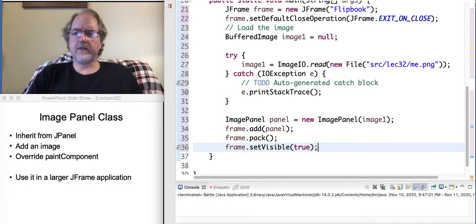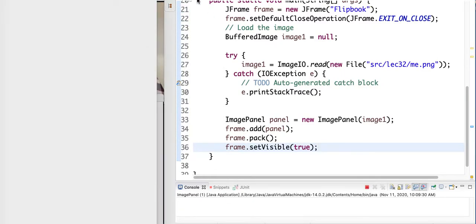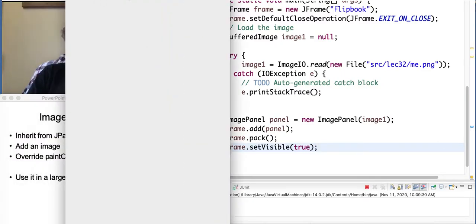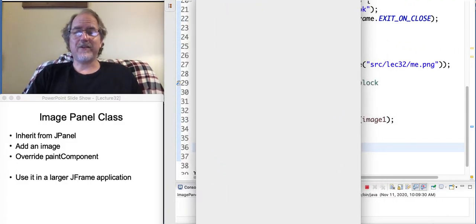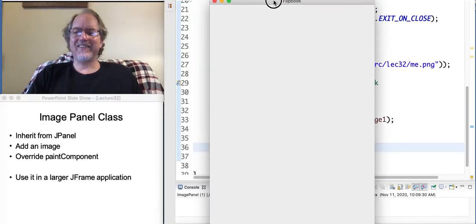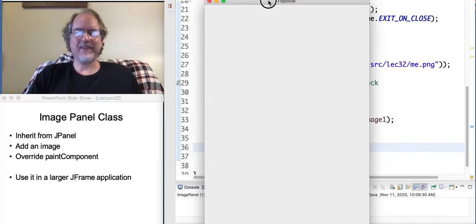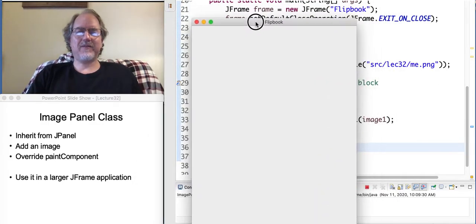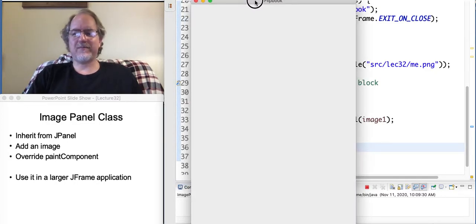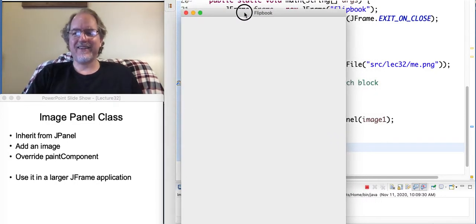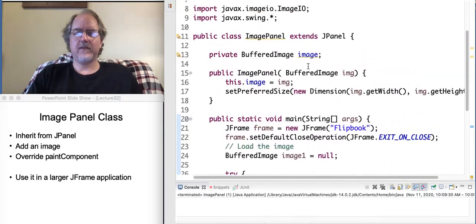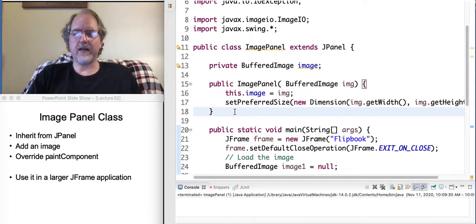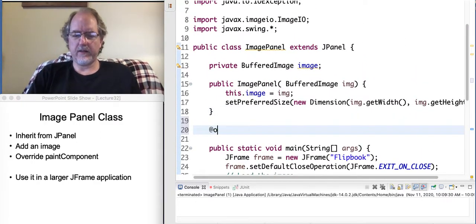All right, if I run this, I'm going to get some behavior. I guess I should have made my recording a little bit bigger because my image is going to be bigger than this. So look, the frame, the flipbook thing is big, so the image is probably something big, but it's not showing anything, right? And that is because I have not told it how to use the image when it gets painted. So I have a constructor here, but I did not override the